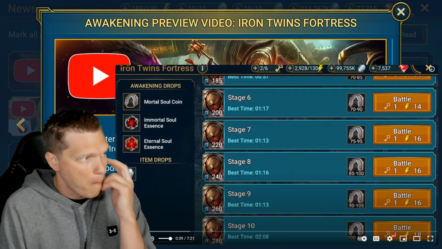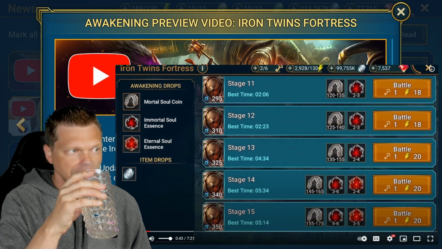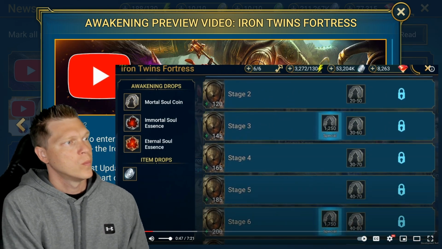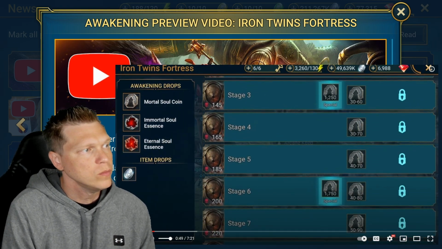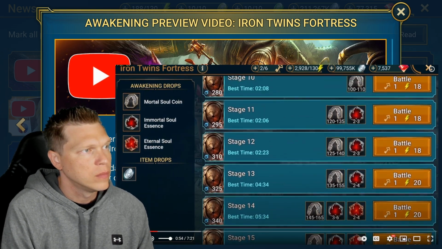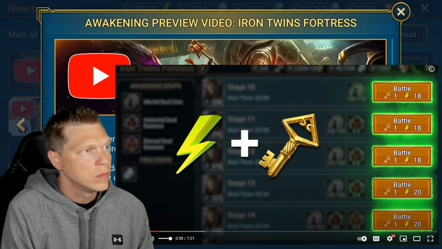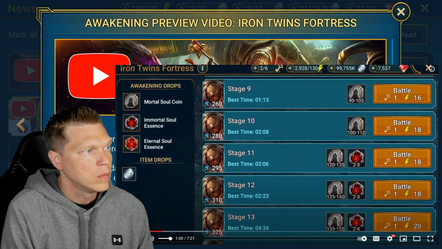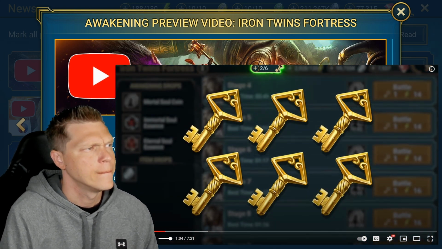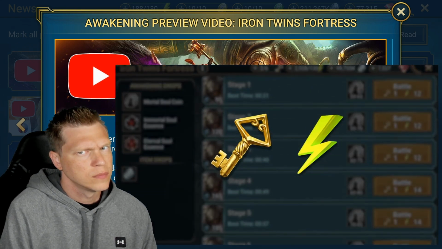Is unique to each affinity. This means you can't focus all your efforts getting to stage 15 on the magic affinity, for example, to unlock the stages for all other affinities. Keeping track of the current affinity is vital for success in this dungeon, as you'll see when we break down the Iron Twins skills. As for entering the dungeon, you'll need energy and a new resource, fortress keys. Like with faction crypts in the Doom Tower, you only get a set number of fortress keys each day, 6 to be exact. So make sure you use them. If you fail a stage, you won't lose a fortress key, but you will lose the...